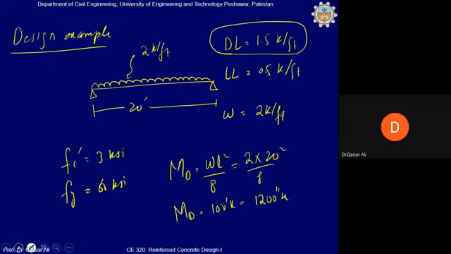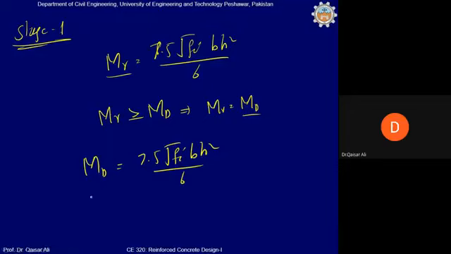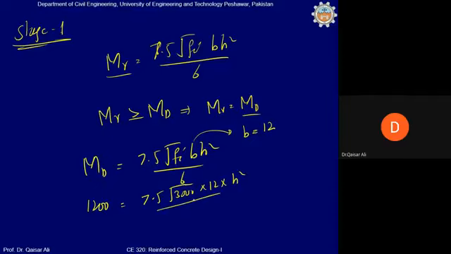Clear? तो यहाँ पर आप ये वैल्यू पुट करें जरा 1200 inch kicks. Now assume that the width of beam is 12 inch and the depth will be calculated from this equation. 7.5 under root of C prime, which is 3000 multiplied by 12 multiplied by h square divided by 6, and divide by 1000 because this will be in psi,